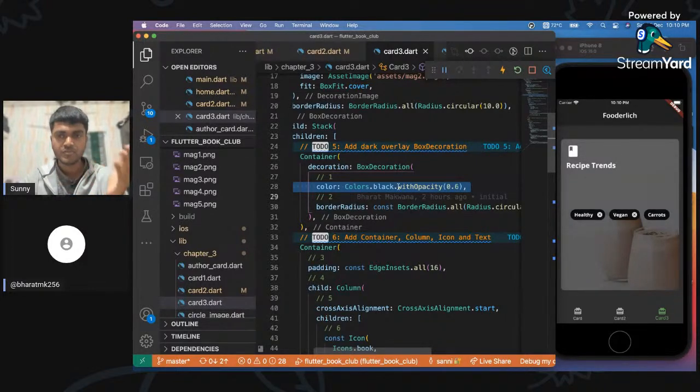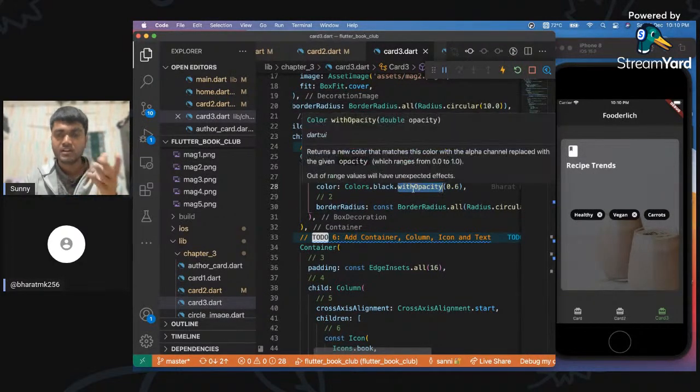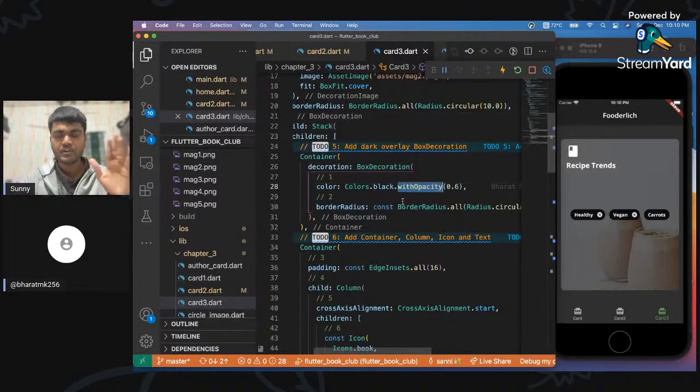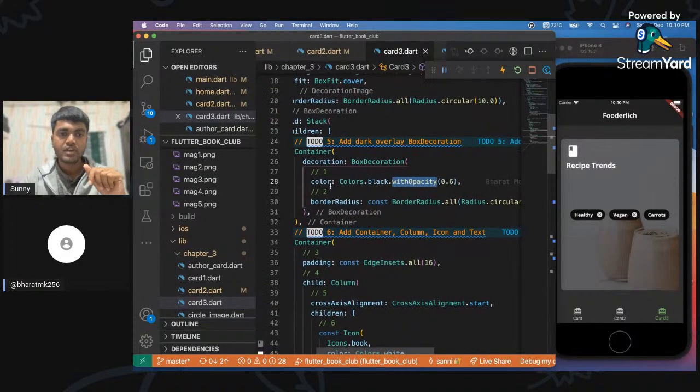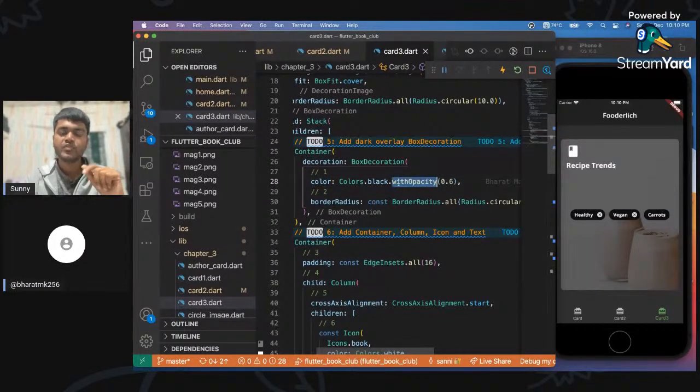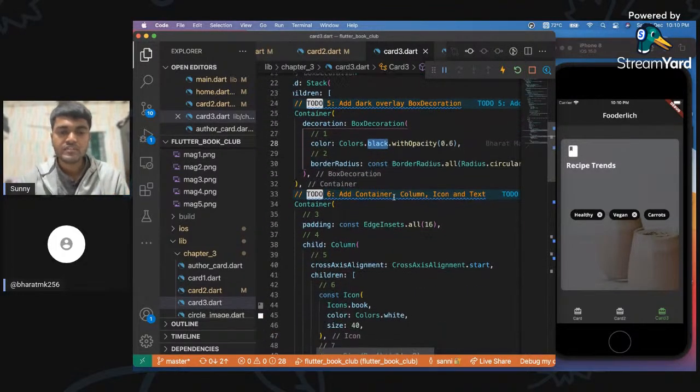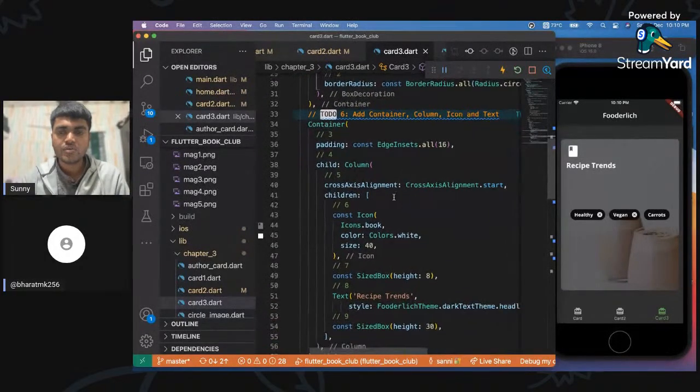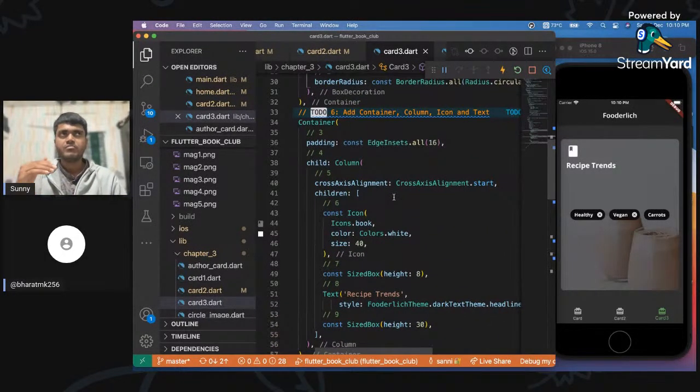A semi-transparent black window, you can see. We can do that by specifying a color in the box decoration, and we can specify colors with opacity. So we have given black color with opacity here. And after applying the layer of transparent color, we want to apply some more widgets over it, and we can do that by